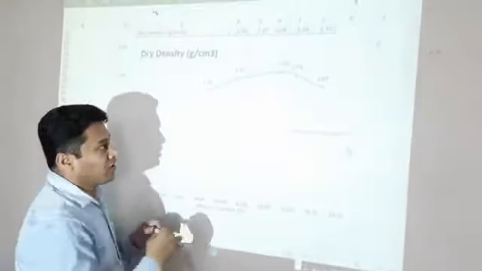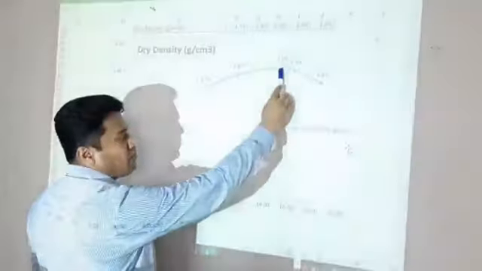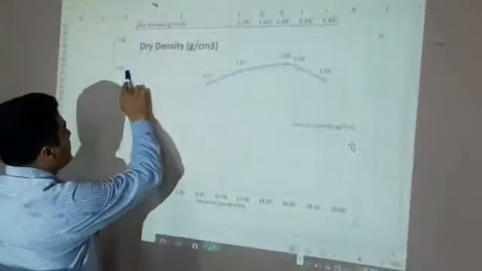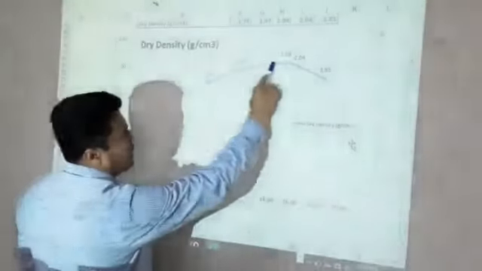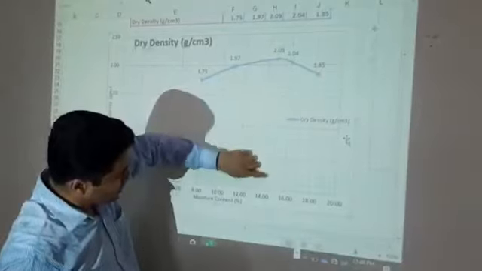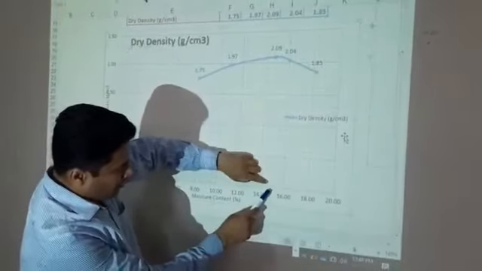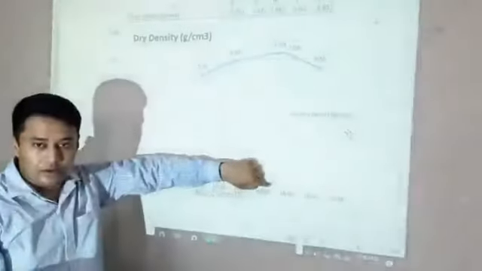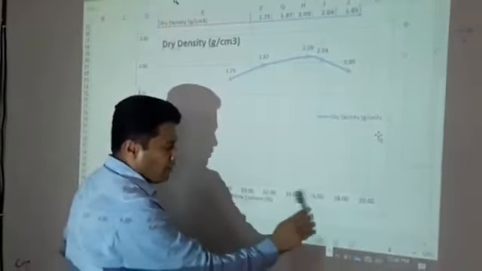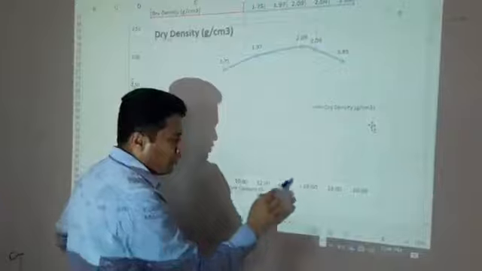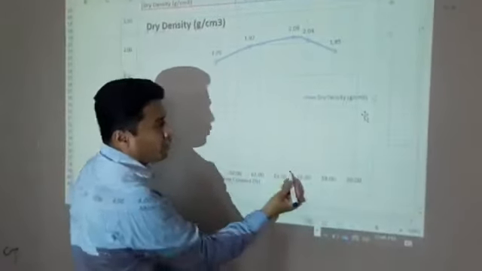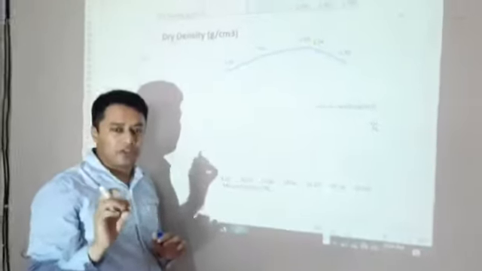What is optimum moisture content? In this case, here is the maximum value 2.09. The density becomes maximum, 2.1, against moisture contents. What is the moisture content against this density? 14 and 14.4, and here are the 5 values between 2's. This is 0.4, 14.8. 14.8 is our optimum moisture content.